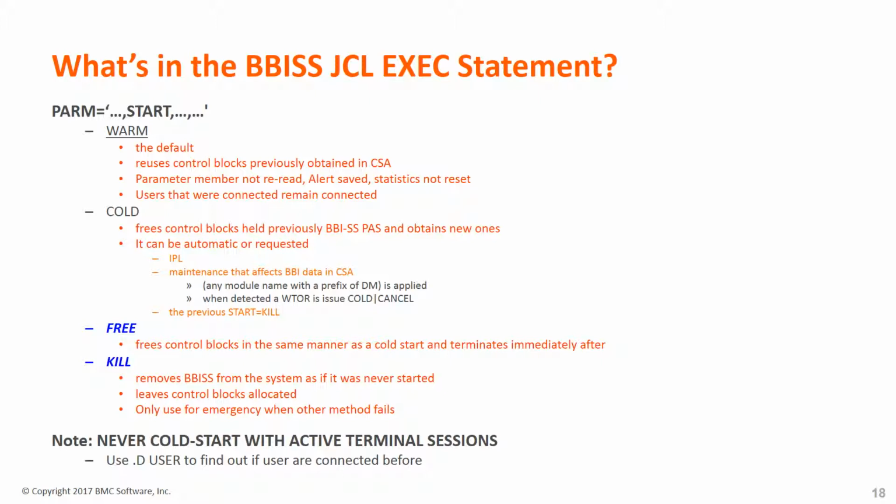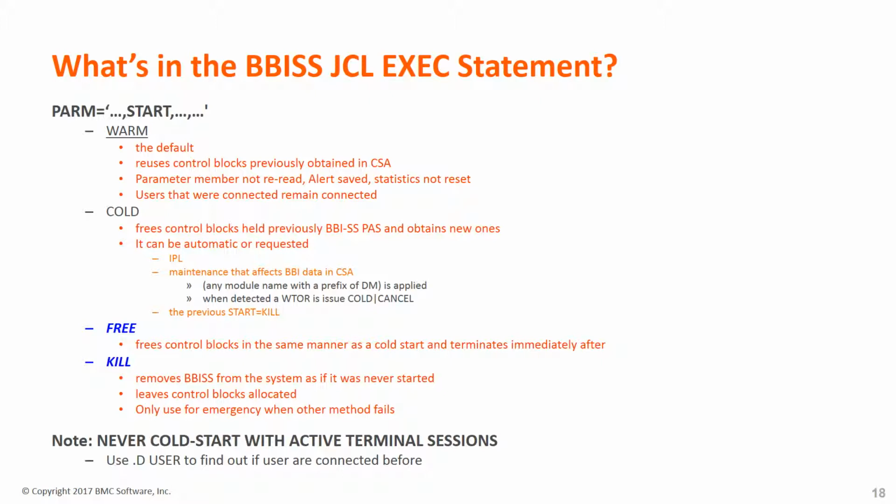If you do a cold start, any control blocks that have been obtained will be released. It sometimes happens on its own. When you upgrade MainView, it will detect that a cold start is needed, and then it will do a cold start. In those instances, you'll probably get a WTOR that needs to be responded to. Just be cognizant of that. Cold starts can also be requested by just doing a start equals cold. And you can also issue a free on your parm that just releases the control blocks like a cold start